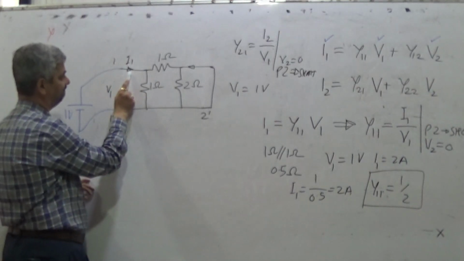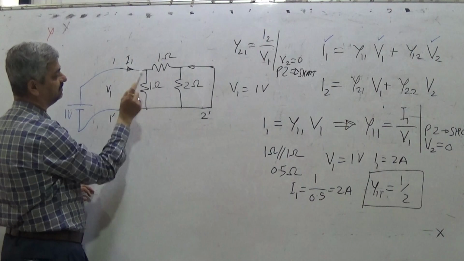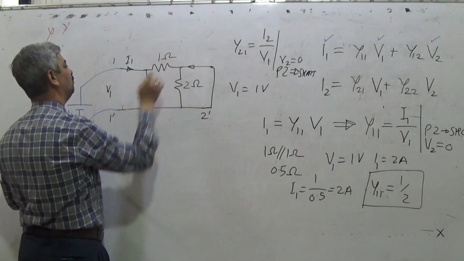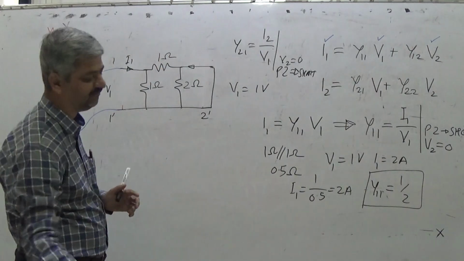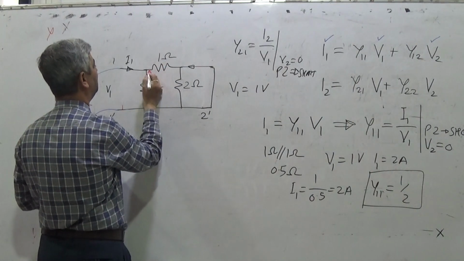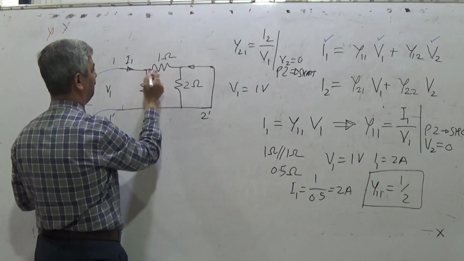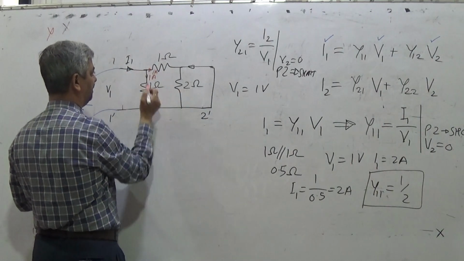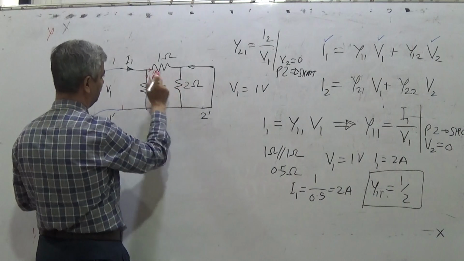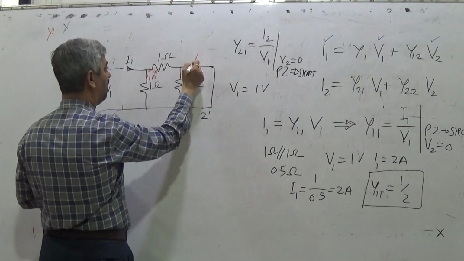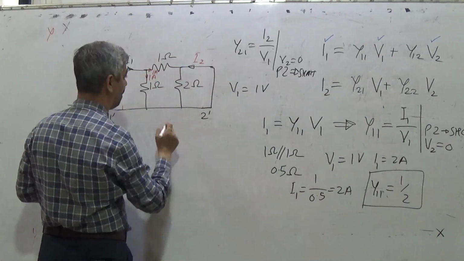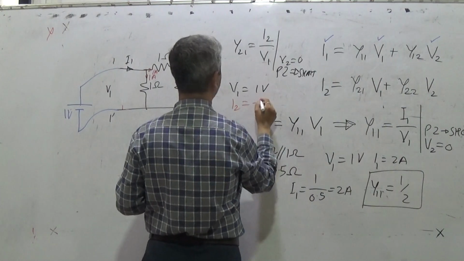This is I1, and I1 is 2 amperes. These two are equal arms, 1 ohm, 1 ohm. We solve it by common sense, otherwise it may take some time. As these two are equal arms, 1 ampere will flow here, 1 ampere here. I1 is 2 amperes, 1 ampere here, 1 ampere here. That 1 ampere will flow in this manner because this is short, so nothing will flow here. What is I2? I2 is the current flowing in this direction. How much current is flowing? 1 ampere, but in this direction, so I2 is equal to minus 1 ampere.